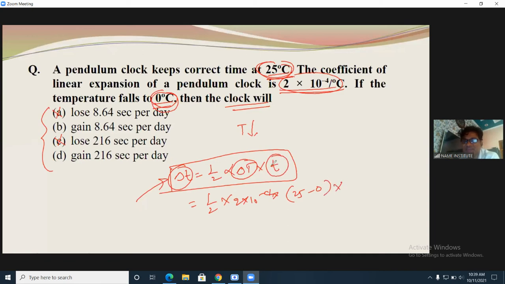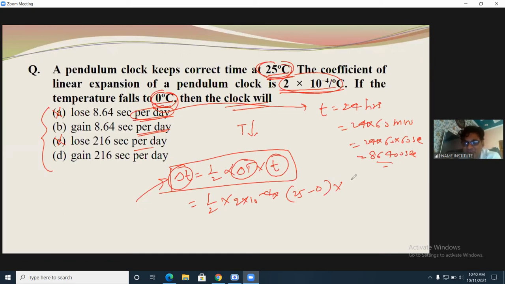Yes, time period is a constant term here, clearly mentioned in the options as per day. It should be clear in class. This T is a variable part here: per day, per hour, per week, per month, per year. So it should be clear in class what is mentioned in the options. Clearly it is per day. Per day means T is equal to 24 hours. It is 24 hours into 60 minutes, into 60 seconds. It is 86,400 seconds here.